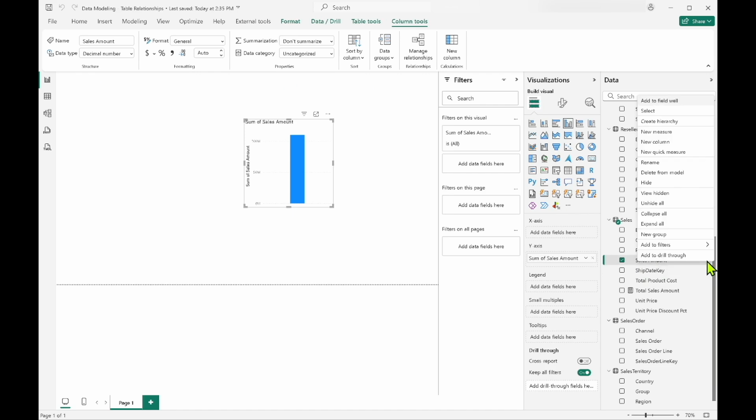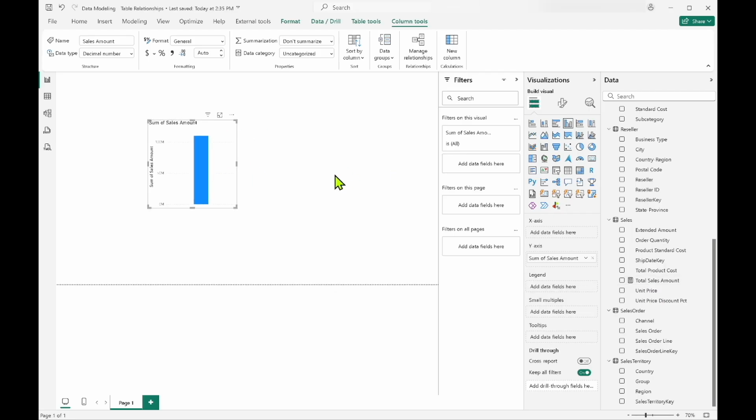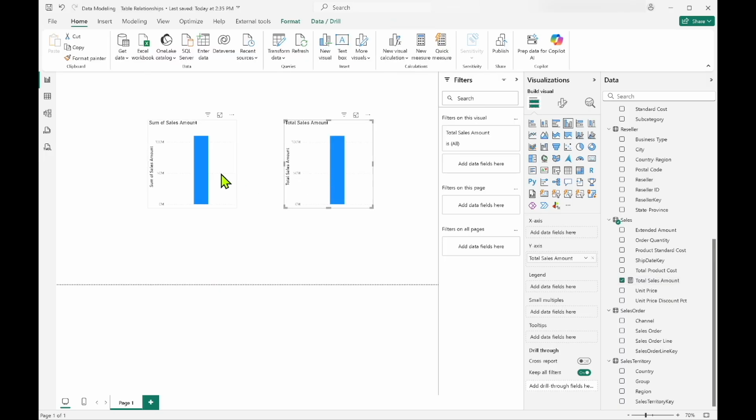Now I'm going to take this original sales amount field. I'm going to click on the ellipsis and hide it. That way, anyone who's using this report and wants to use the total sales amount will use my measure that I created instead of the sales amount column. And just for kicks, we can see that the result is going to be the same thing if we use this sales amount measure. So I'm going to take this, drag it onto this canvas,